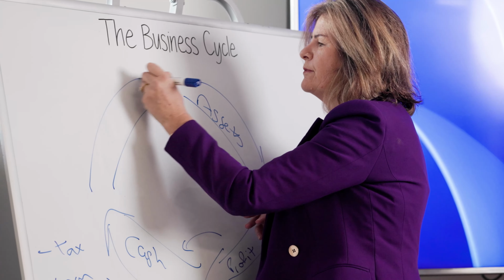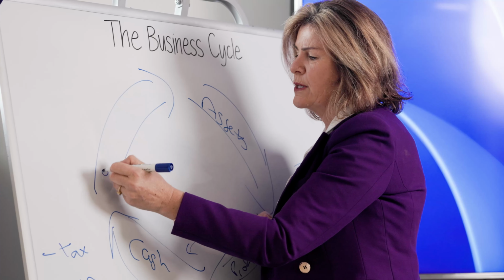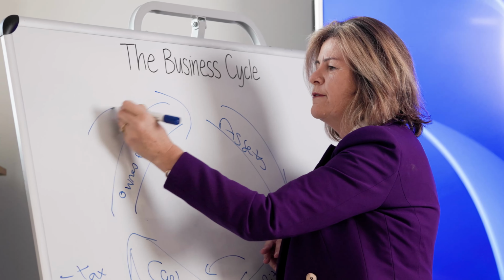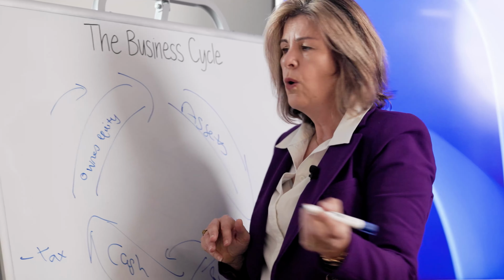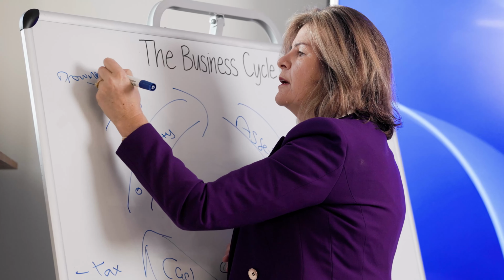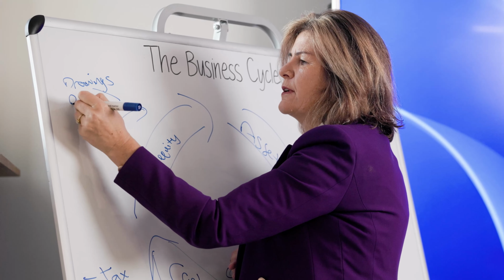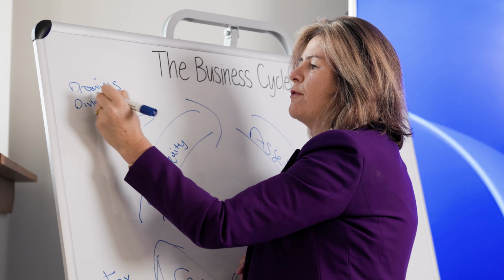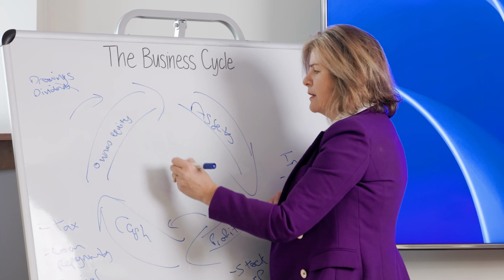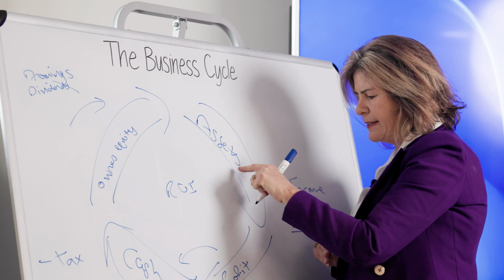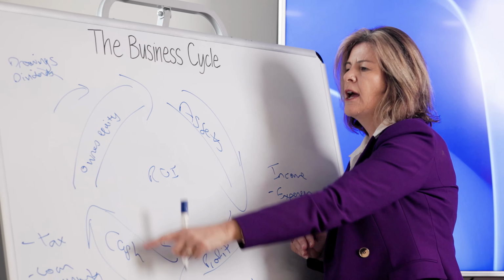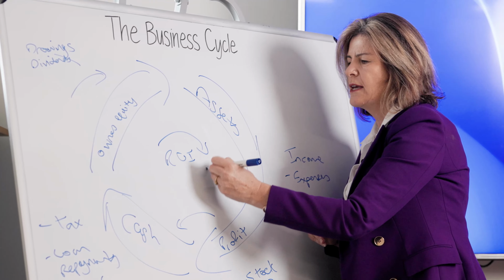So what's left? What's left is owner's equity. Now, owner's equity is you can either reinvest that cash back into the business, or you can take it out as drawings. If you take it out as drawings, that can also be classed as like a dividend. So dividends can go as the profit distributed from the business. If you reinvest it back in, it turns into more assets, then we get more profit, turns into cash, and then you can either reinvest it or take it out.